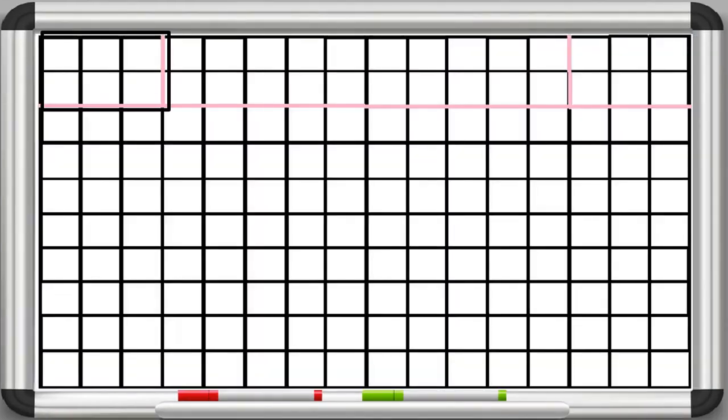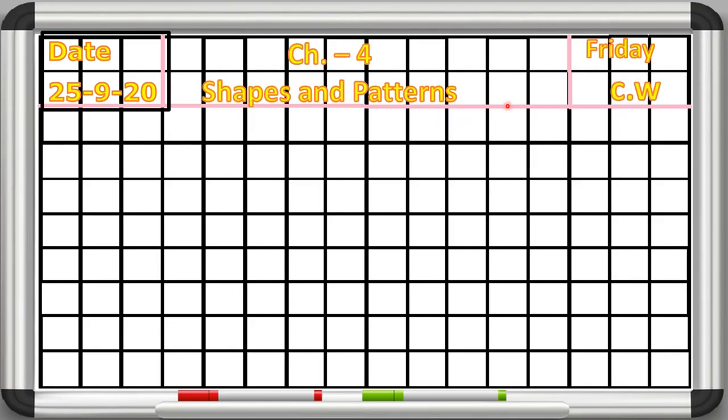Now beta, I will show you how you have to make cone shape on this notebook page. So let's start. First of all, you have to make two lines format like this. Then here we will write date and today's date is 25/9/2020. Then here we will write Friday and CW. In between chapter number 4, shapes and patterns. Now here we will write cone because we want to make cone here. So let's start.